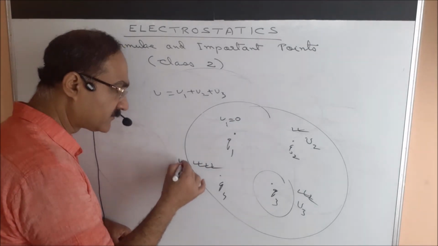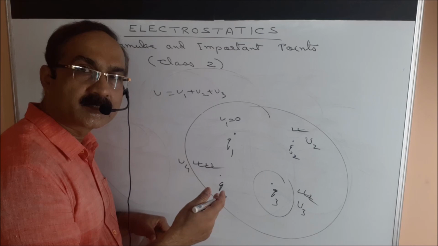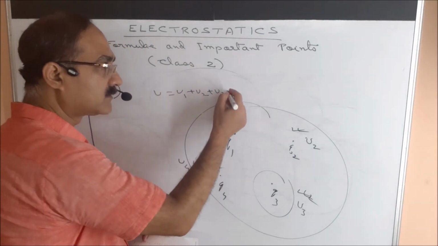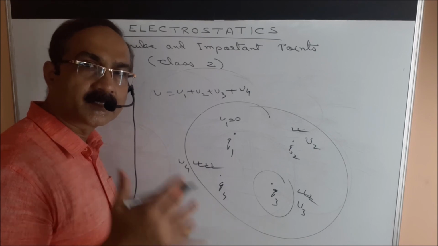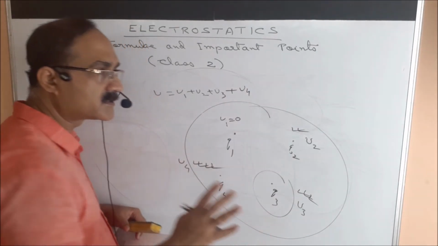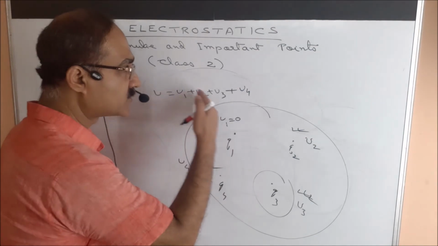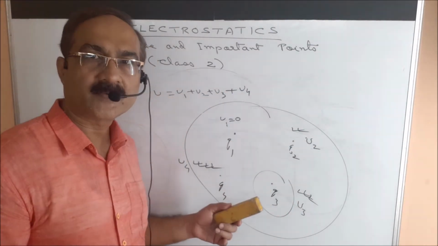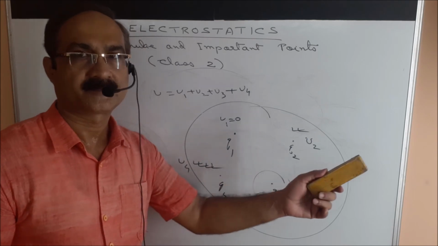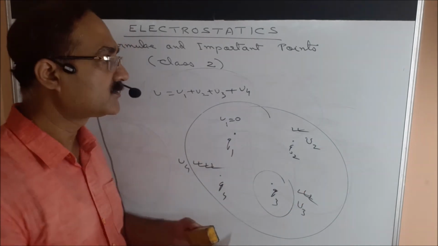If you call it U4, now the potential energy of the whole system will be this plus U4. That means the potential energy of a system is equal to the sum of the potential energies of each charge. So this way you can keep on extending it. If there are n charges,